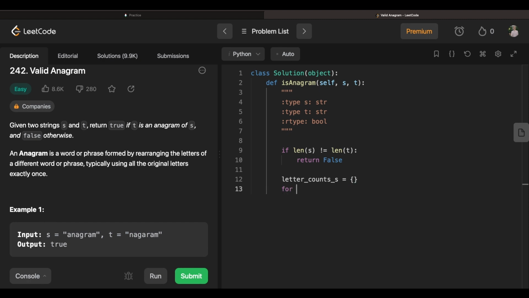And so we'll say for c for character inside of S, we can say, I'll even do this, for a letter in S, just so it's a bit easier to read. What we can do is say existing letter equals letter counts S, which is the dictionary. And then we can say letter